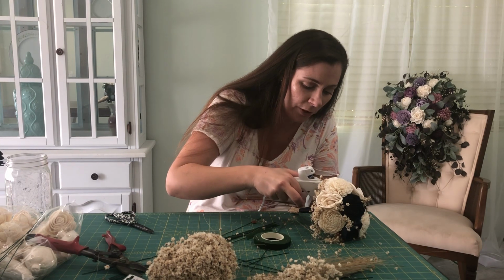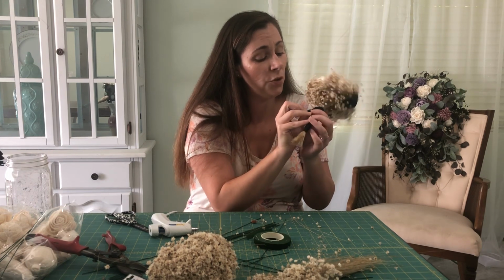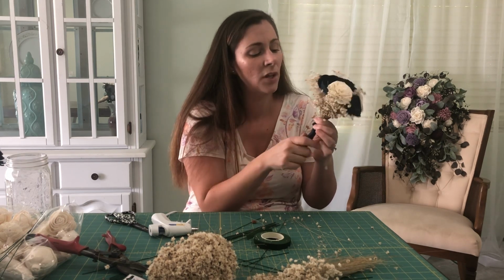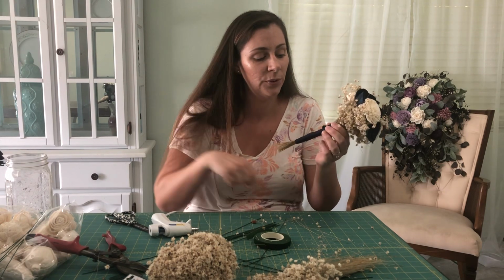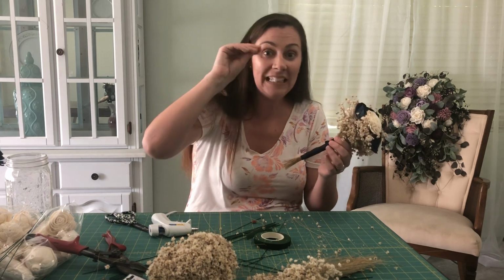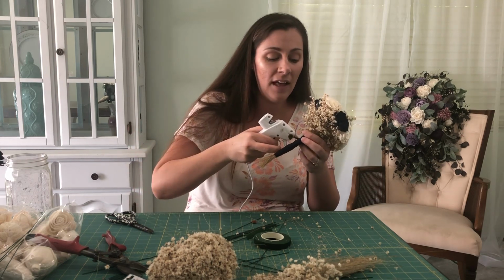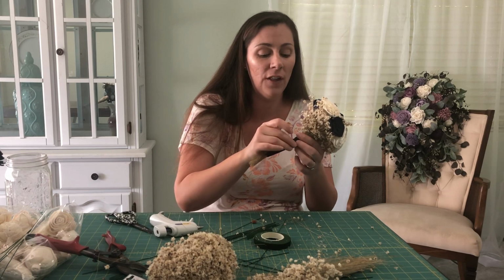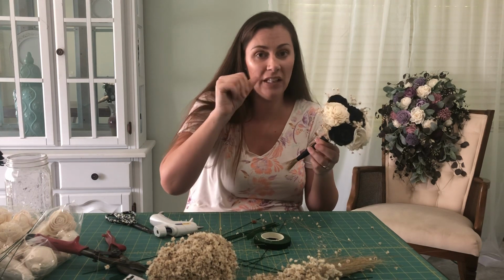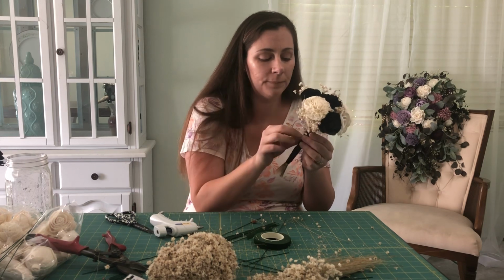All right, so be careful when you're doing this because hot glue will get right on you and burn you. If anyone wants to know the trick if you get hot glue on you, ooh, got a little hot glue on me. The key is don't leave it there to burn and go, oh no, I have hot glue on me. You want to quickly rub it. If you rub it, it dries so fast and comes off you. You might still have a small burn, but it's gonna be a whole lot better than if you leave it there sitting burning on you. So if you get hot glue on you, just quickly go like that, and you might not even get injured from it. It might just go right off. Okay,